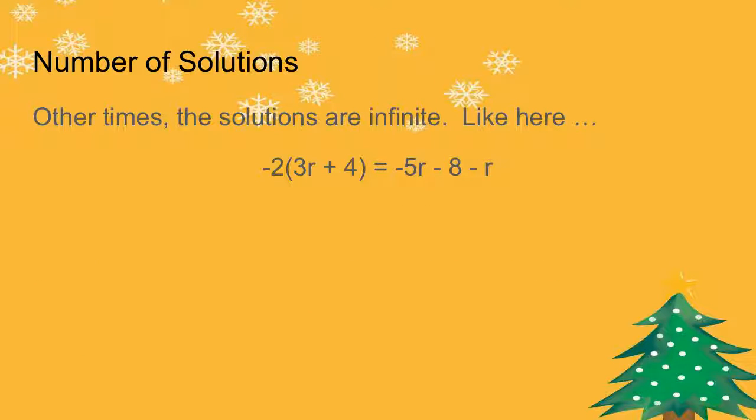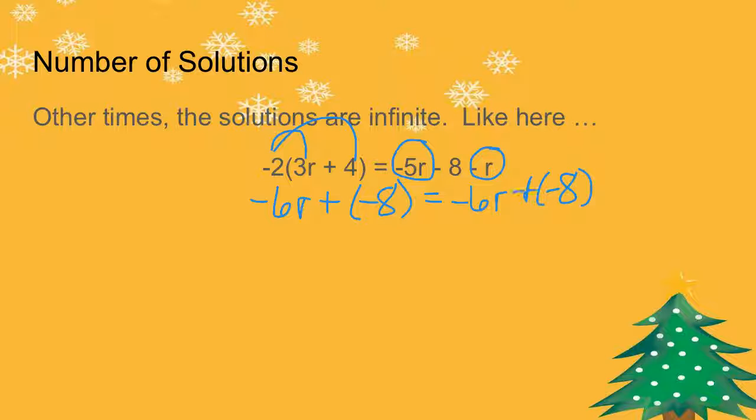And then one other thing that might happen to you is that there are an infinite number of solutions. So again, if I were to distribute, I'd have negative 6r's and negative 8 on one side. And if I combined these, I'd have negative 6r's and a negative 8 on the other. Those look exactly the same. If I have the same thing on the left and the right, it doesn't matter what I have for my variable. It will always work out. And in that case, your answer is